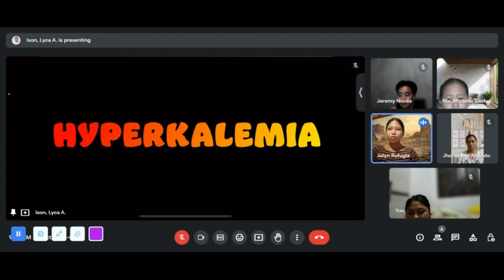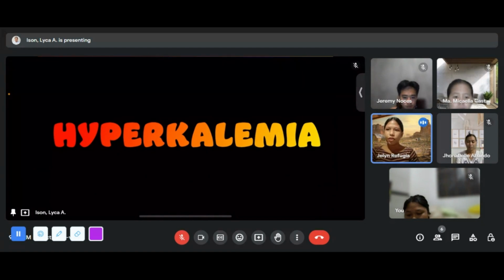Okay, so now let's move on to our next topic, which is the potassium imbalance. So when we say potassium imbalance, nangyayari ito kapag abnormal na yung pagtaas or pagbaba ng potassium level sa ating katawan. So kapag nangyari ito, magkakaroon ng tinatawag na hyperkalemia or hypokalemia. So bago natin alamin kung ano nga ba ang meron sa hyperkalemia at hypokalemia, alamin muna natin kung bakit nga ba nagkakaroon ng